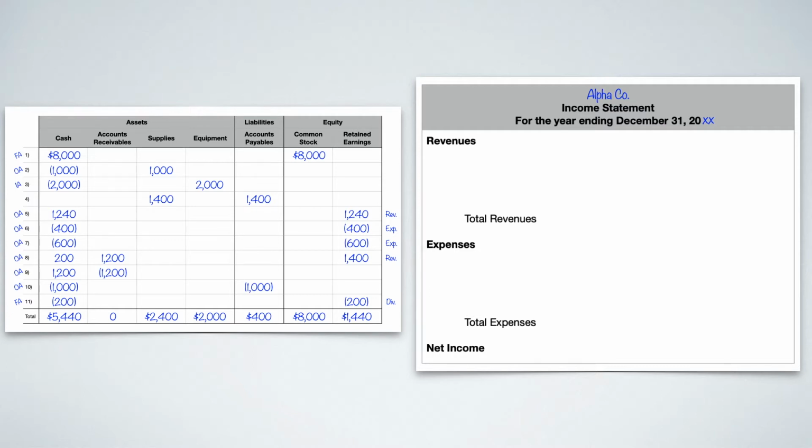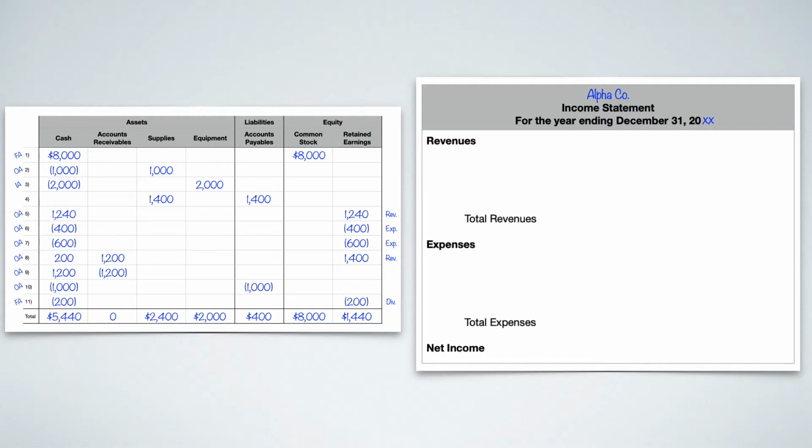We know that we have revenue in this problem, obviously. We've got it written down. We should know that we have two types of revenues. We have our consulting revenue, which is our main type of revenue, and then we also have rent revenue. If you remember in transaction 8, not only did we do consulting work for a client, we also rented them our facility. So we've got two types of revenue.